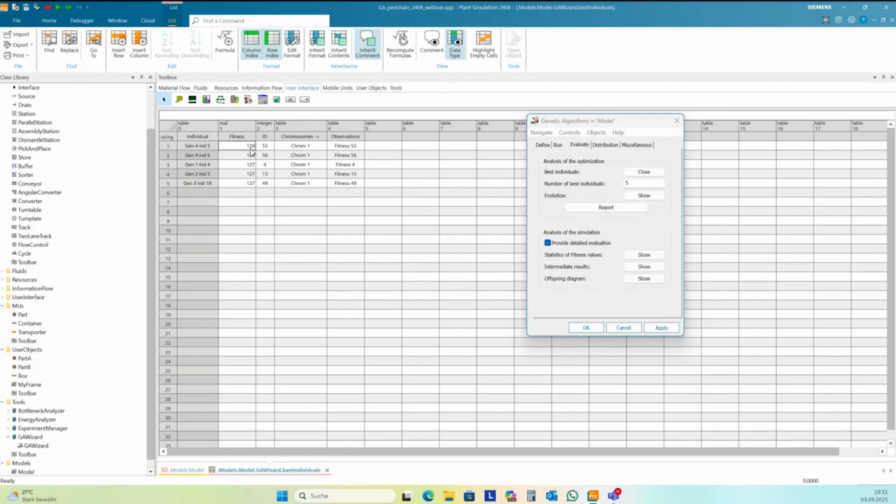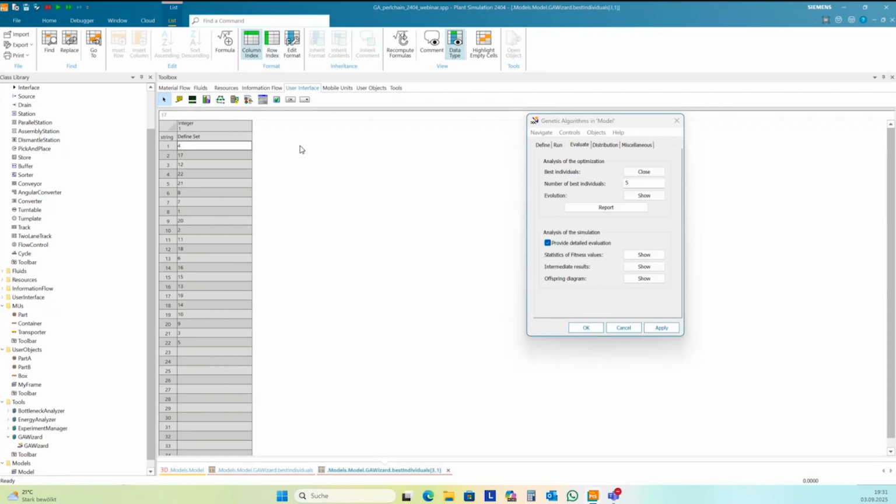Okay, it's the fitness value here, my number of produced parts is 128, and you have two different chromosomes, and the chromosomes contain the order based on the number in your original table, in your sequence table.